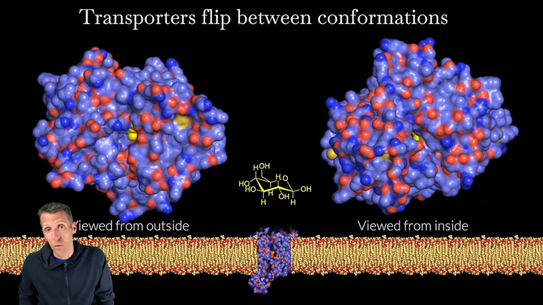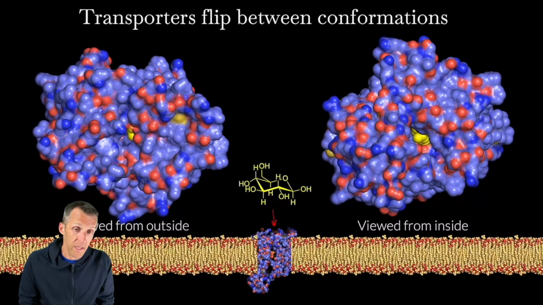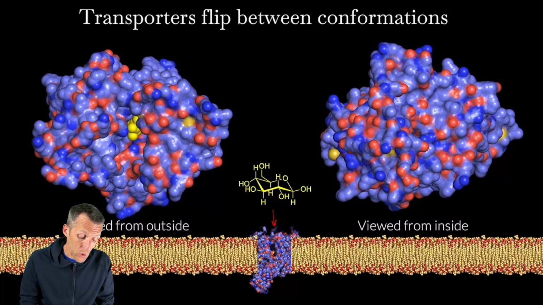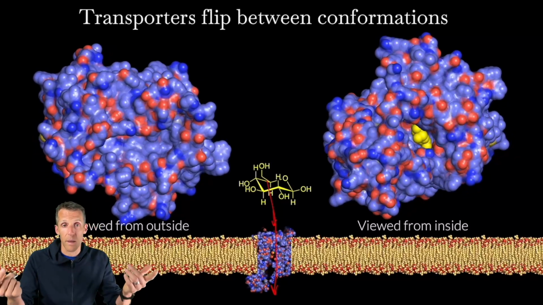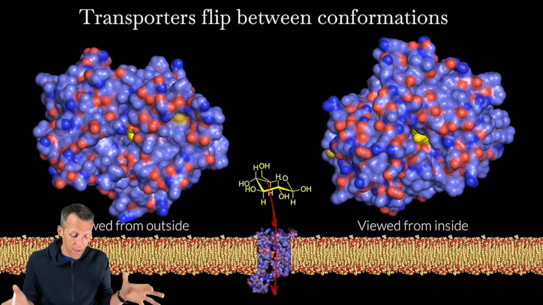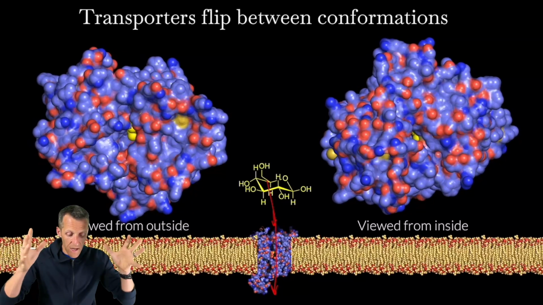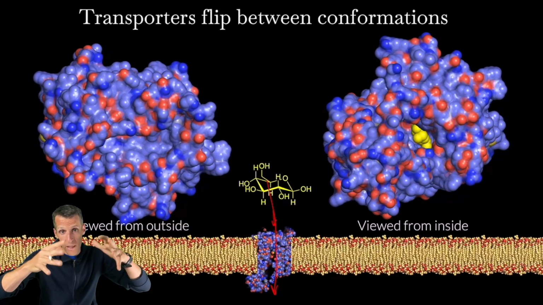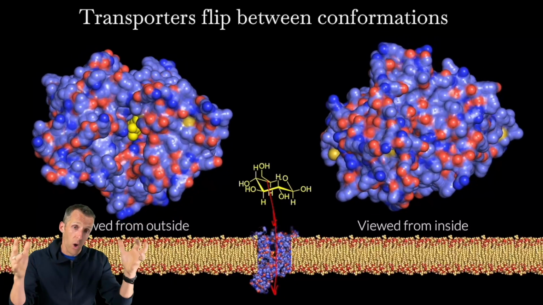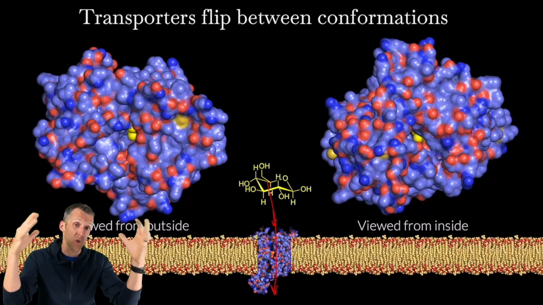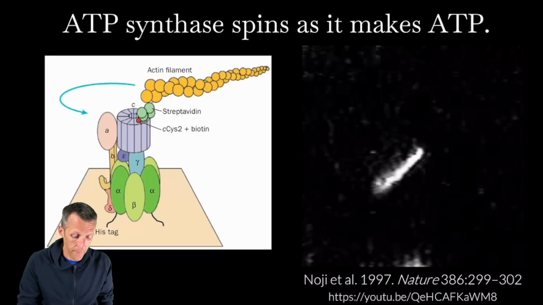We've also seen other examples where dynamics are important. We talked about this in an earlier video, the glucose transporter. In the glucose transporter, you can import glucose into cells by having a transporter that fluctuates between a form that's open to the outside and a form that's open to the inside, allowing glucose and glucose alone to go through this bilayer hole. Only possible because the protein exists in two conformations, two states that it can fluctuate between.